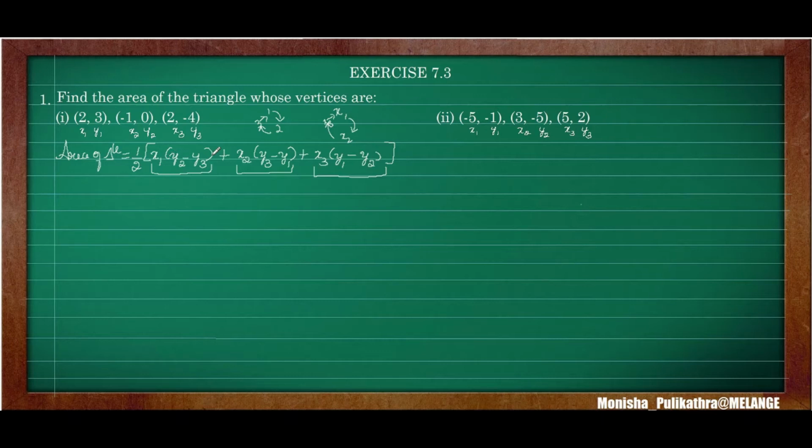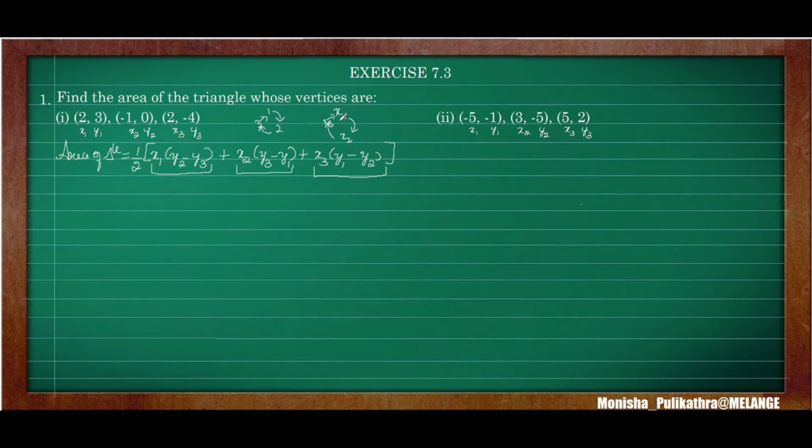So after this first section, we need to write a plus symbol, and again we need to shift to x2. So from x1 it has to shift to x2. So here it is 2. So after 2 in the cyclic order, what comes? After 2, 3 and then 1. So after 2, y3 minus y1. So this section is finished. After this you need to shift x2 to x3. So after 3 in the cyclic order, it will come 1 and 2.